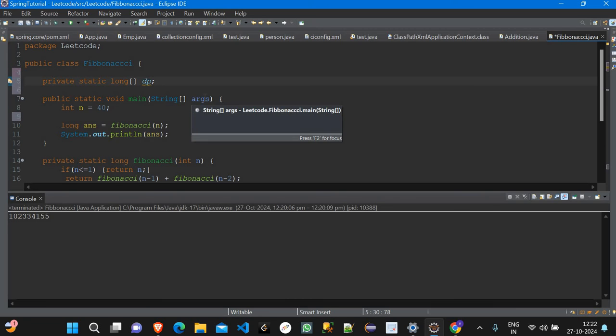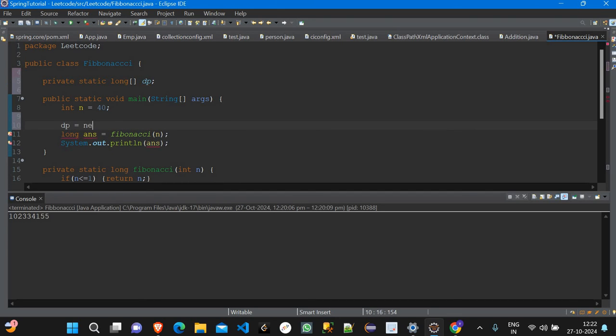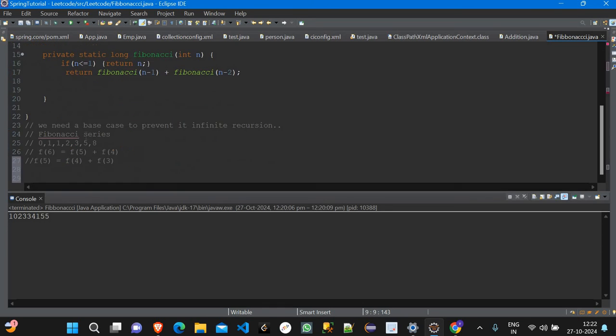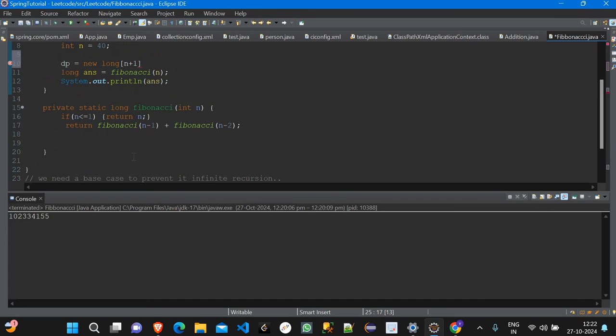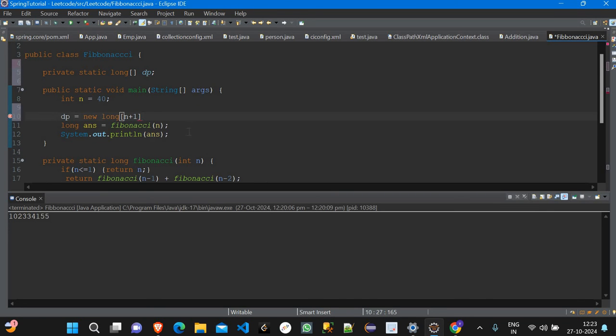Now what we can do is initialize it. So DP array will be DP equal to new long, we should take long, and it should be n plus 1. Why n plus 1? Because if you want the sixth element, definitely there should be a size of at least 7. So that's why we are taking it as n plus 1. So we initialize this, and now what we can do is